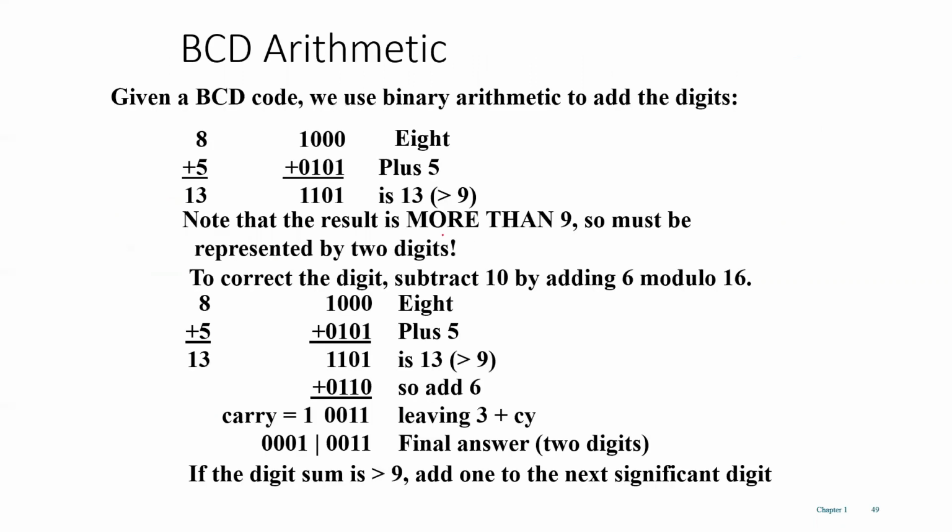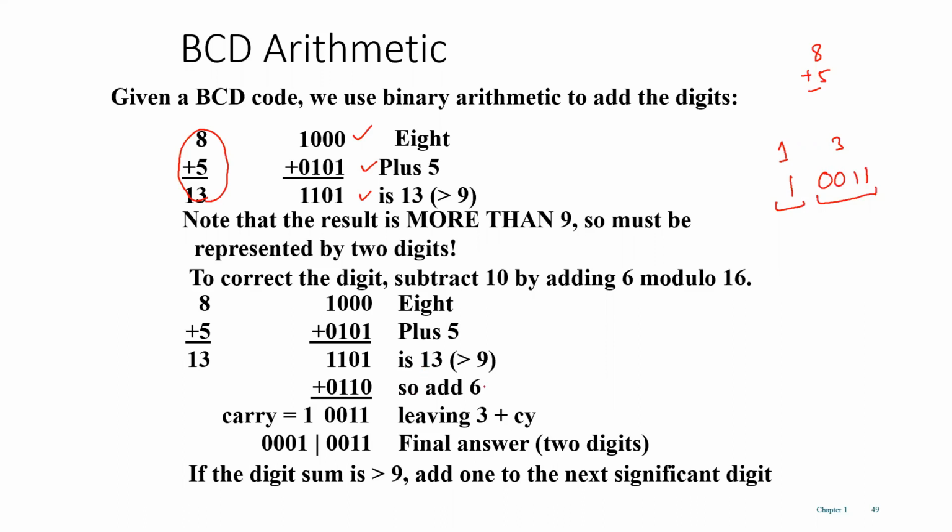Now, BCD arithmetic is also important. Suppose in normal decimal you add 8 plus 5, it equals 13. In BCD also you would expect such a result, 8 plus 5 is 13, but that is not the case. In BCD you are not supposed to get beyond 9. So it should be 1 and 3, but you are not getting things like that. So what are you supposed to do in that case?